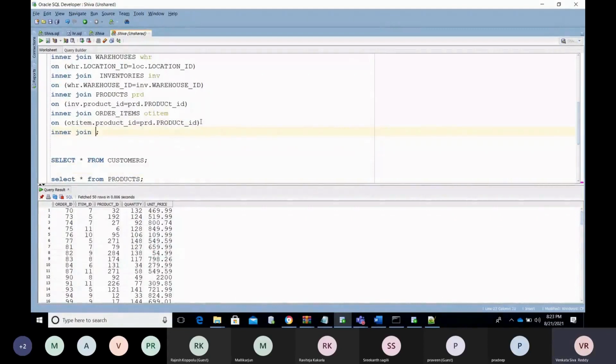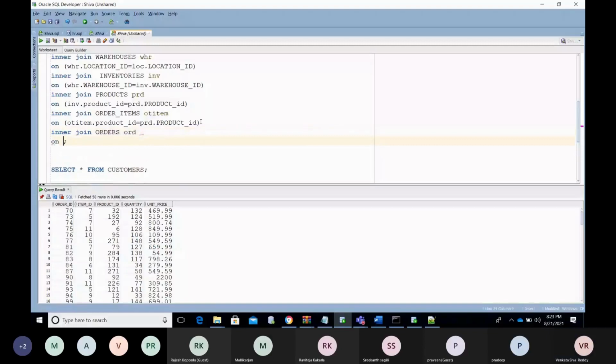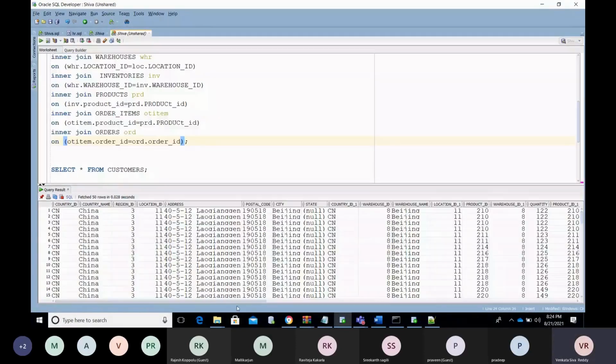Inner join order table, ORD, on order item dot order ID equals ORD dot order ID. Now I got the required information here.